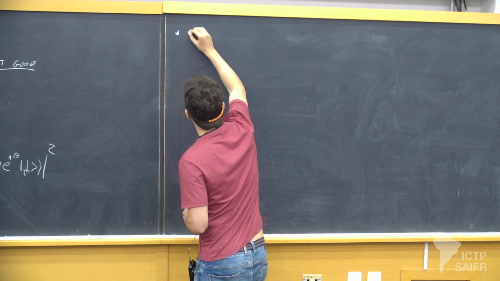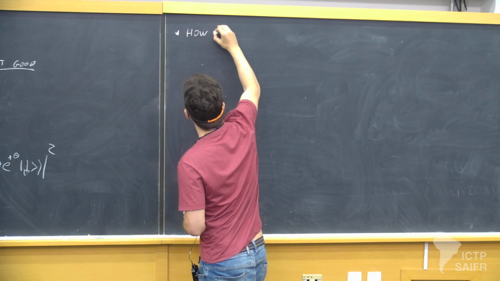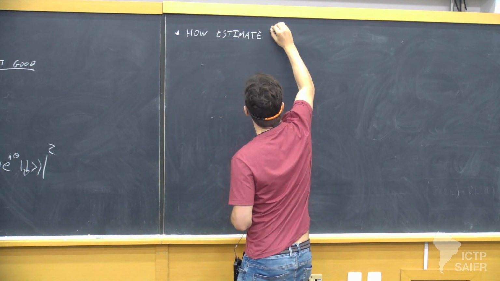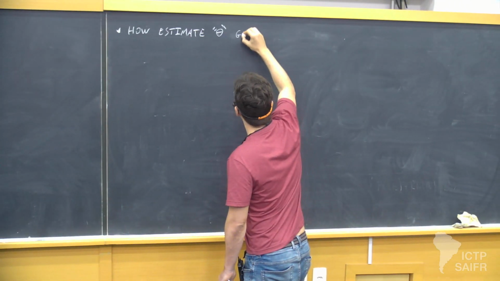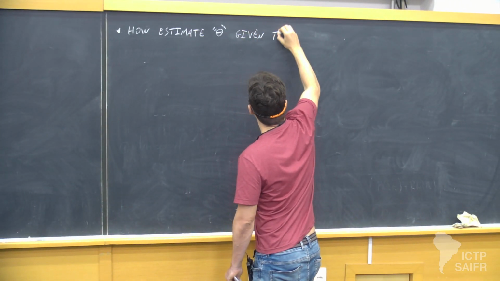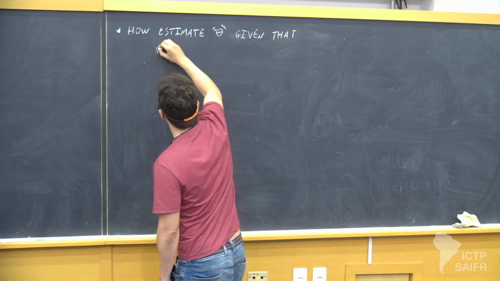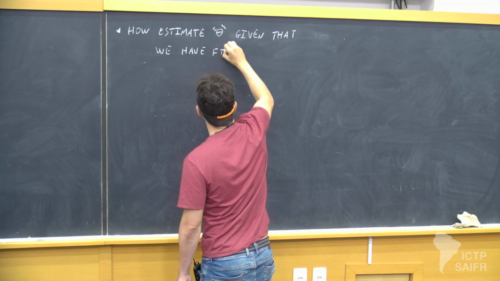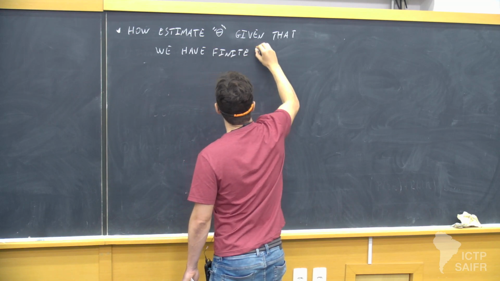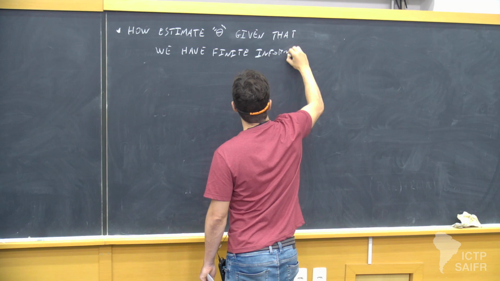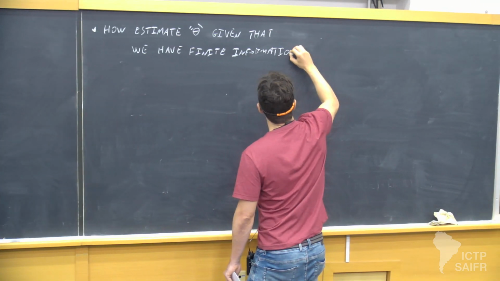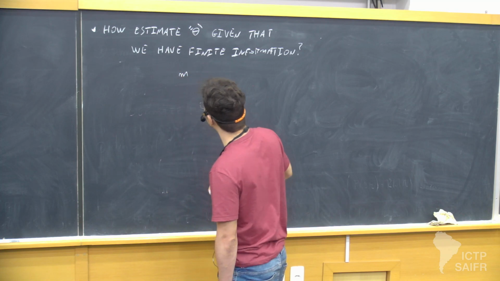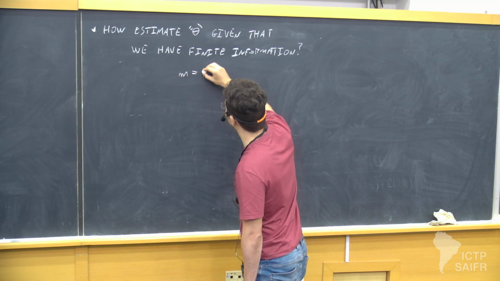So, in essence, the question is how to estimate theta given that we have only finite information on my measurement outcomes. So essentially, instead of having an infinite number of measurements, we just have a finite one